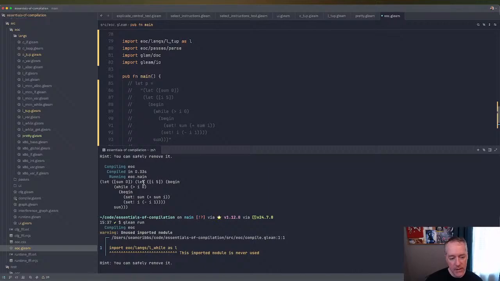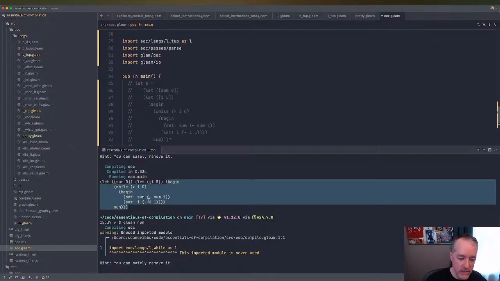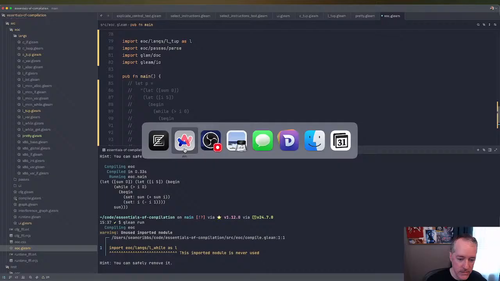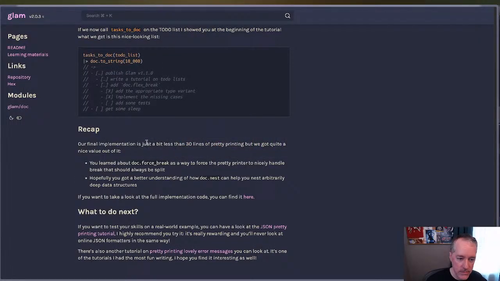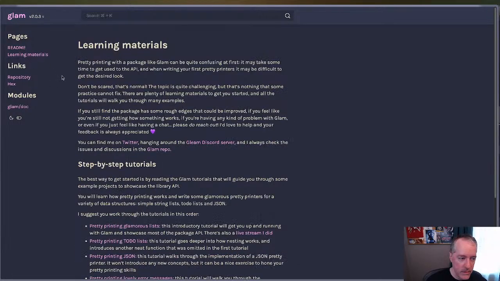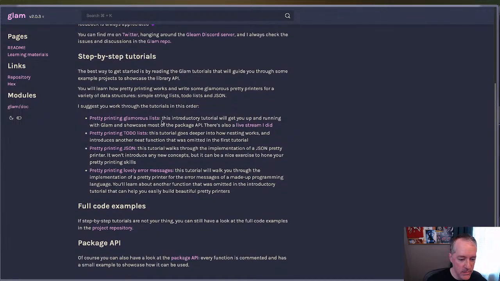I think what I wanted to look at is how can we tell the parent document to break if an inner one is. And maybe we just need to go through